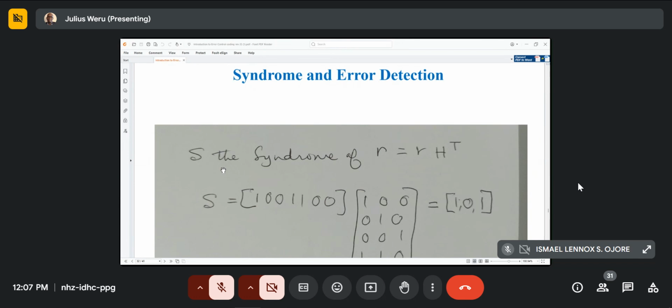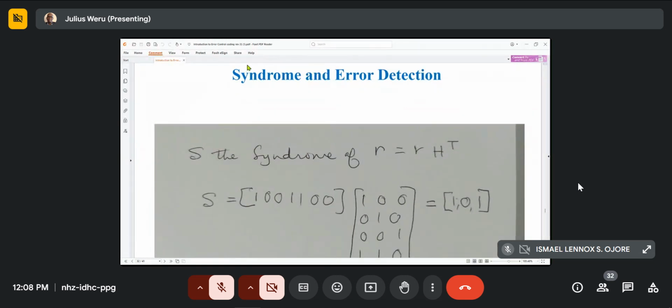And I think it is that simple fact that makes it possible to detect errors, because I introduced the concept of the syndrome, and I said the syndrome is given by H times R transpose, where R is the received code word,